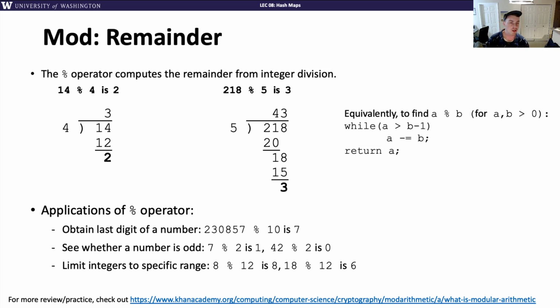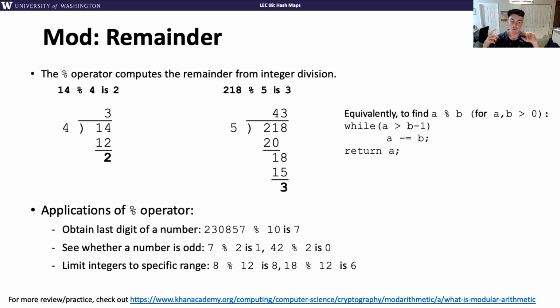So this mod operator is a leftover thing. Now, mod has a lot of applications in computer science. One is you can always use it to obtain digits of a number. If you mod something by 10, you can grab its last digit, which is pretty useful. You can also use it to figure out its parity, whether it's even or odd. So if you mod a number by 2, if that value is 1, it means it was odd, otherwise it's